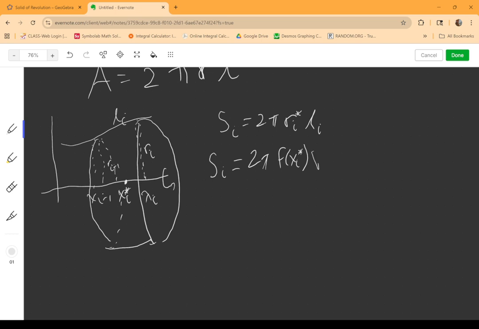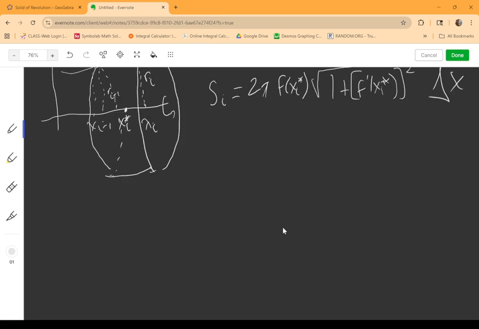So square root of 1 plus f prime of x sub i star squared, delta x. Oh, not dx yet, still delta x. All right, so now that's just one of these little frustums, right? Just an approximation, right? I can add all of these up across the interval to still have an approximation, but